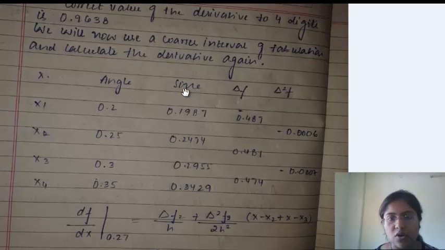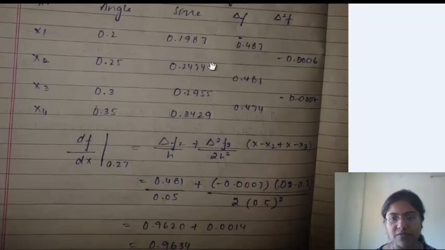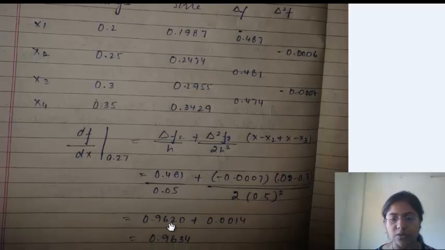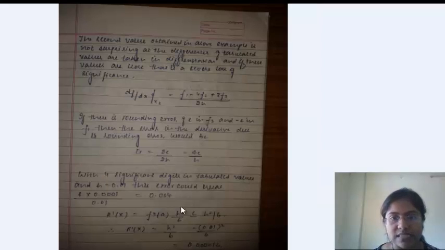Coarser interval of tabulation and calculate the derivative again. So again, by using the same difference formula, we calculate del of f and del square of f, and we get the value equal to, correct to 4 decimal places, 0.9634. Then the second value obtained in the above example is not surprising,